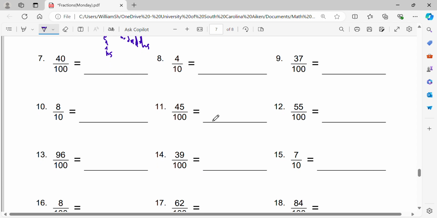We've got 40 in the hundredths place here for number 7. That should as well be a pretty easy conversion. I think I lost my pen. And 4 out of 10 is essentially the same thing, because if you see 40 out of 100,